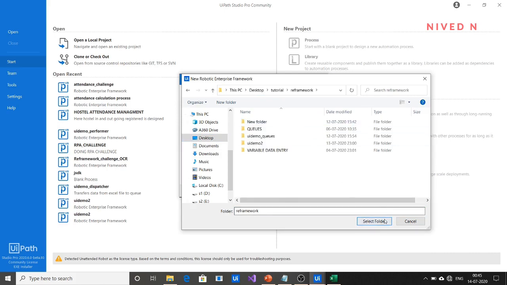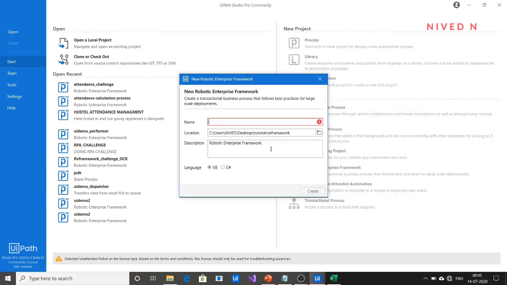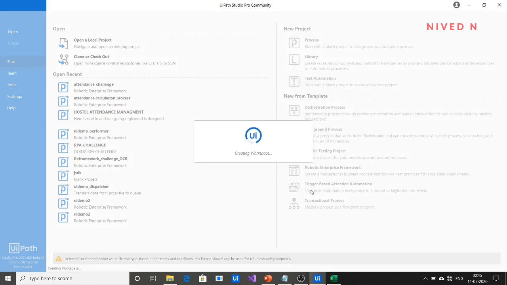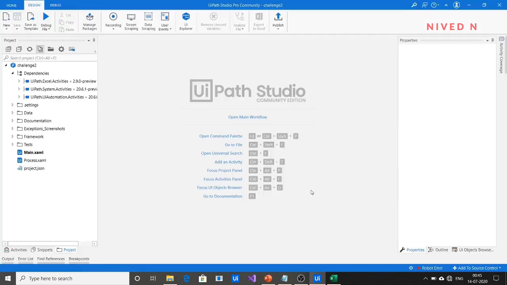Select the folder and name it, let's say, challenge 2, and save it. Now it's creating the workspace. Now open the workflow.